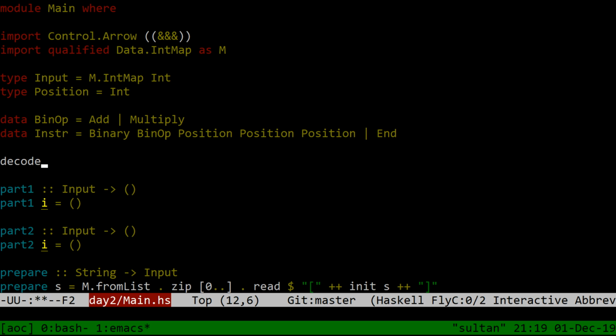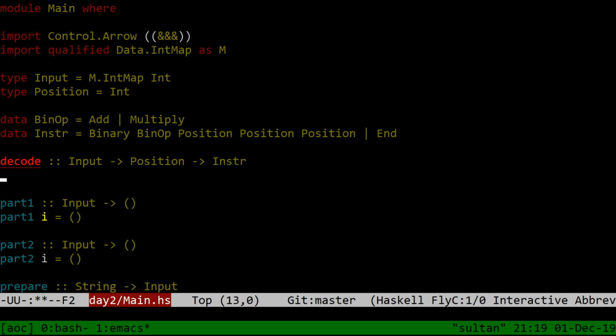It's like decode, I guess is the word, right? Input and a position to return an instruction. You just math, there's no accompanying binding, right? Yeah, okay. Decode of m pos equals case m dot